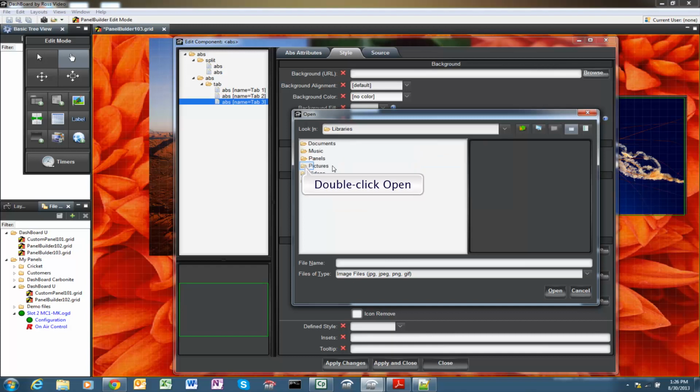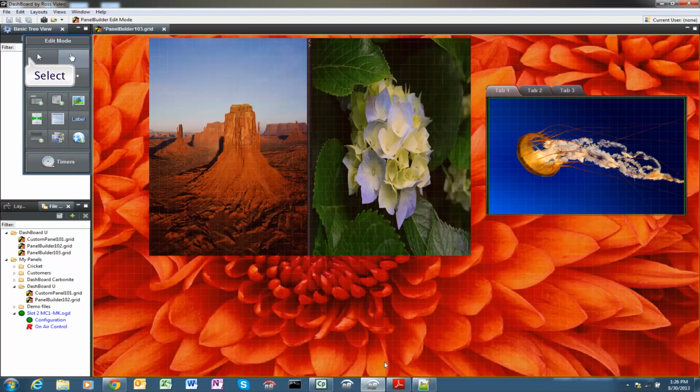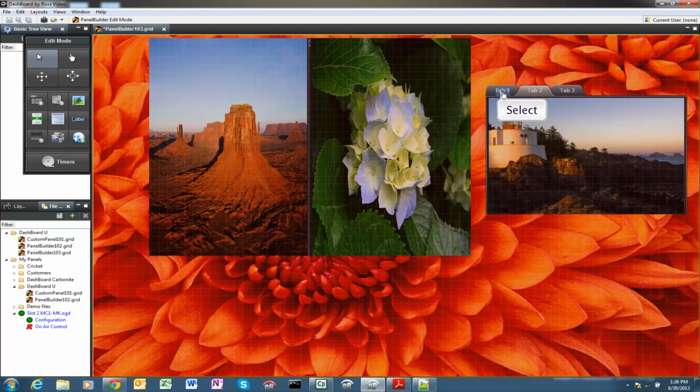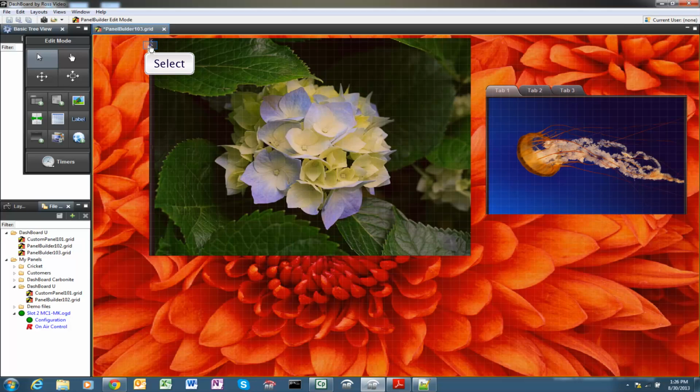Final one. Everyone likes penguins. So now we have 3 tabs with 3 different pictures on them, and the split with 2 different pictures on it.